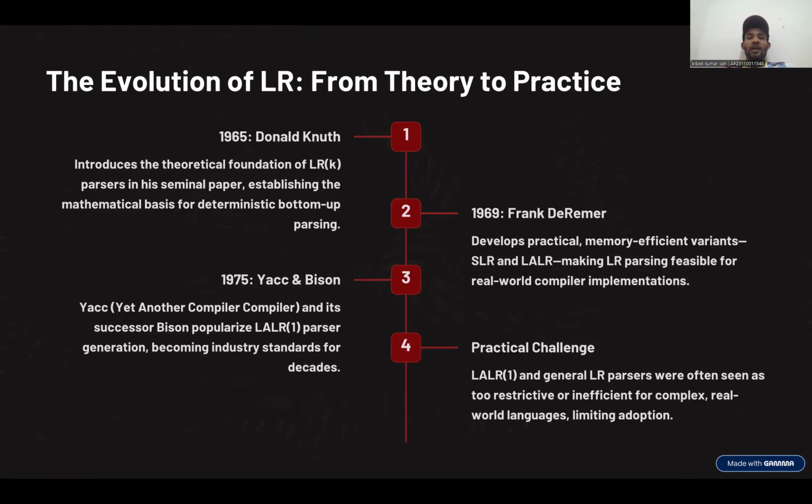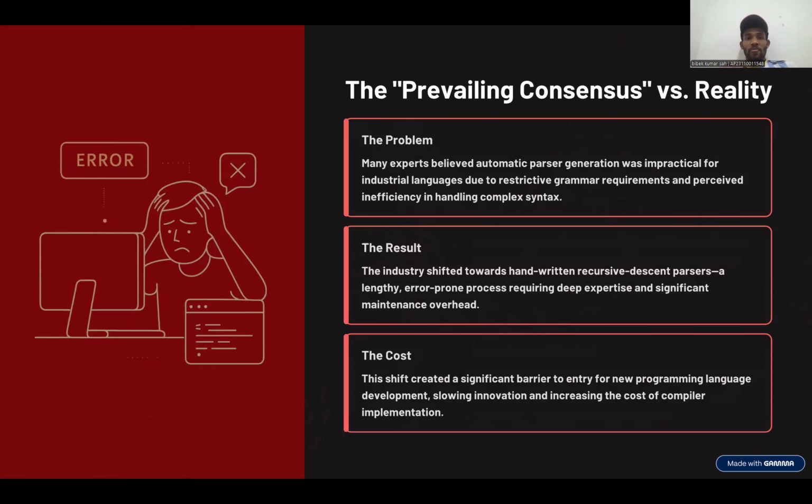The evolution of LR parsing began when it was first introduced by Donald Knuth in 1965, marking a major breakthrough in compiler theory. However, early LR parsers were complex and difficult to implement. Later, Frank DeRemer developed simplified versions such as SLR, simple LR, and LALR, look-ahead LR, which made LR parsing more practical and widely usable. Now slide 5,